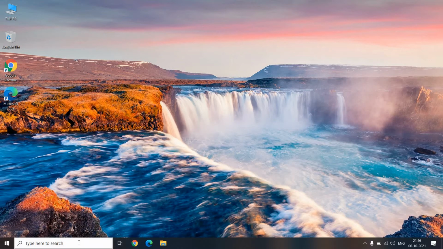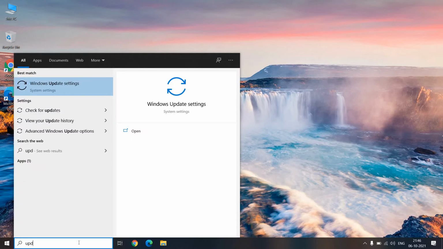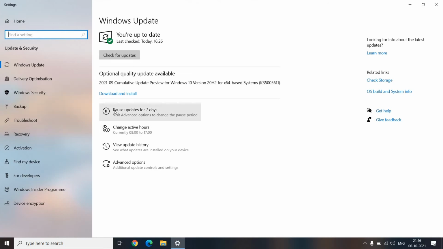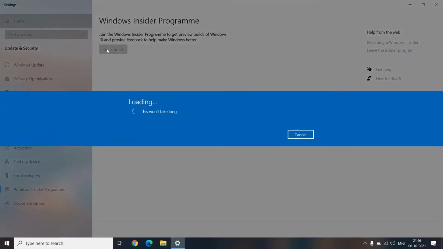So here in the search bar, we just need to type update, and then you will find update settings. Once you do that, at the left hand side we just need to go to Windows Insider program. So once we click on that, you will get an option, join the Windows Insider program to get the preview builds. So we need to click on that,